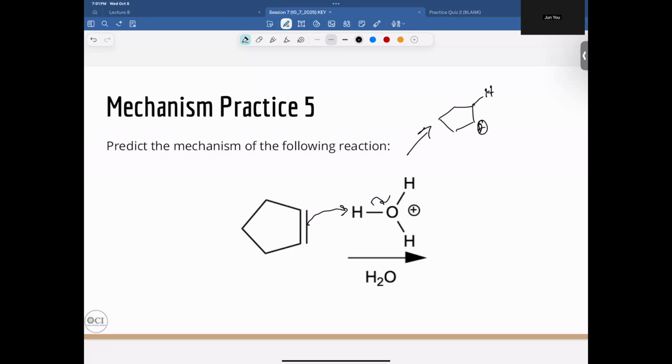And then that also has us with an OH2, like that. And then this OH2 has electrons. It can do a nucleophilic attack to form